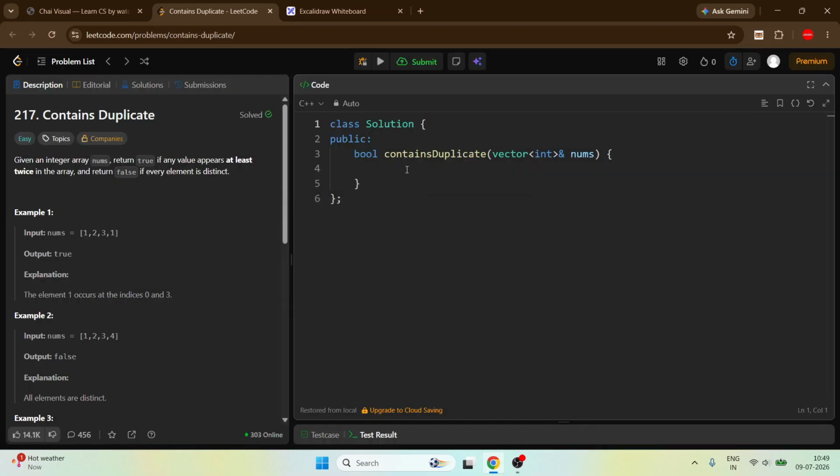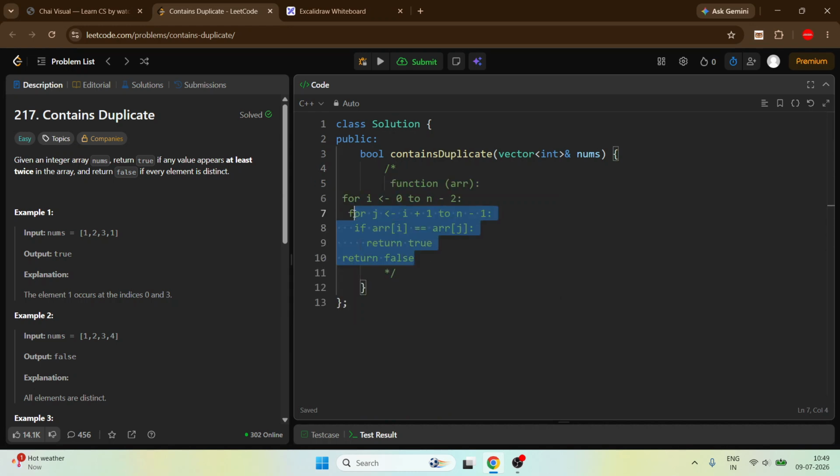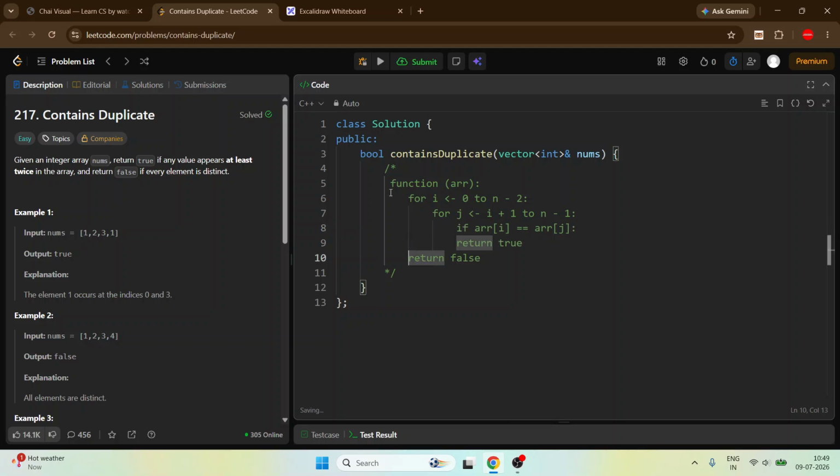Okay, and now solve this using this pseudocode. So this is our pseudocode.